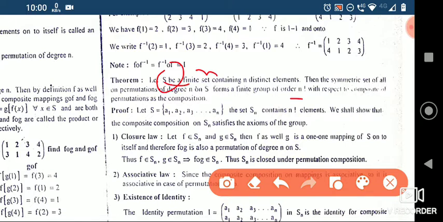First you have a set containing n elements, then the permutations of it. How many will there be? If you have n elements in S, you have n factorial permutations, and taking all those elements gives the symmetric set. We have to show that this set is a group.